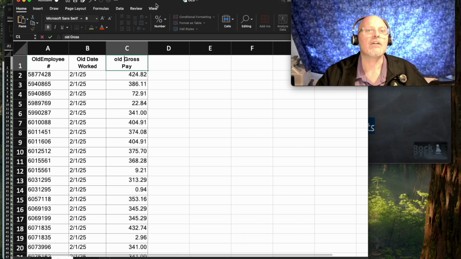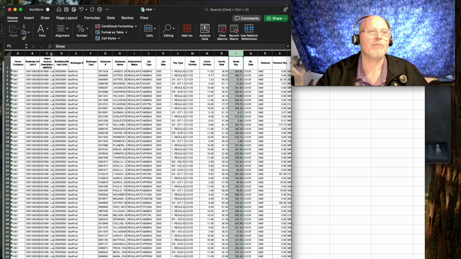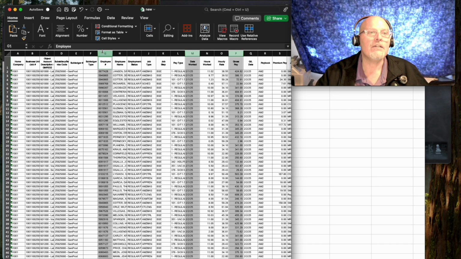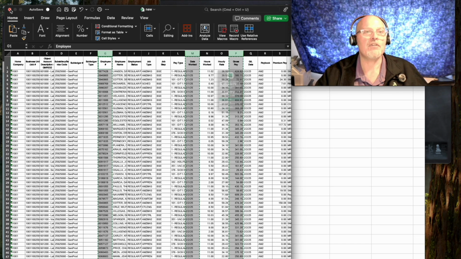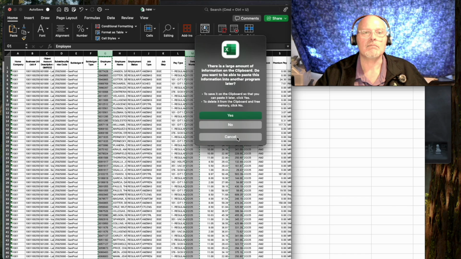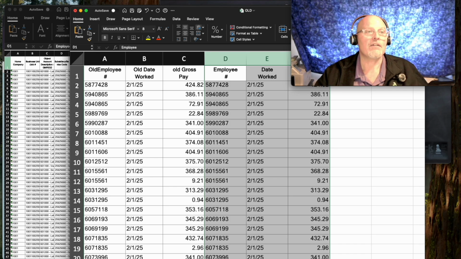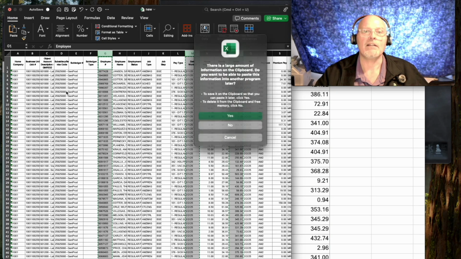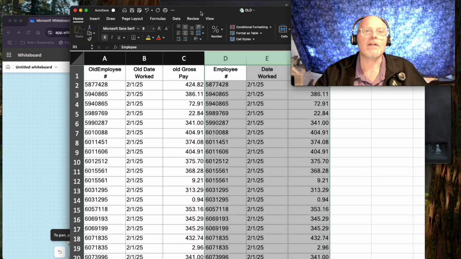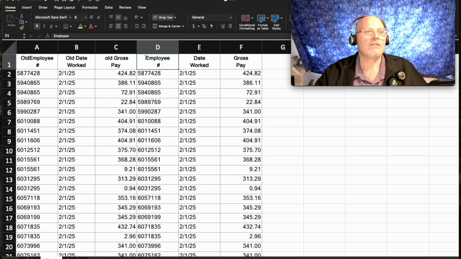And then I'm going to go to the new file and copy those same columns. Pay, date, and number. Copy those, and now I'm done with new. But let me paste first, and then I'll close it to save resources. So I've got all three there. Now I should be done with new until I get my answers. Delete it from the clipboard. There we go. Okay, so now I have old employee number, old date worked, old gross pay, new date and